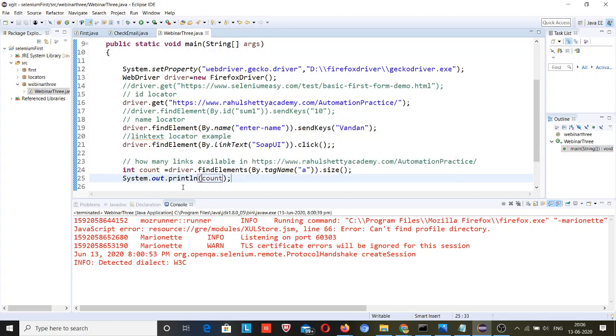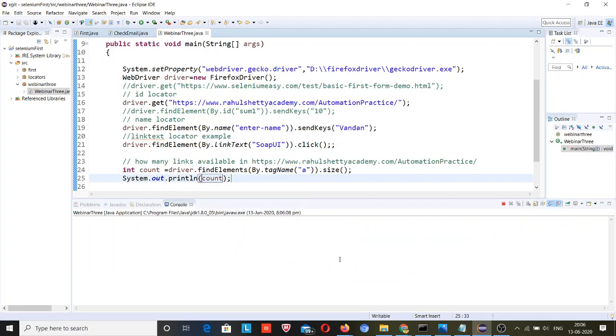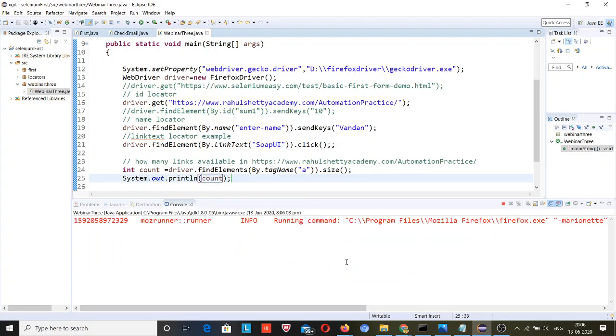Okay guys, so I will run it now. It will return me the number of anchor tags present in this web page.